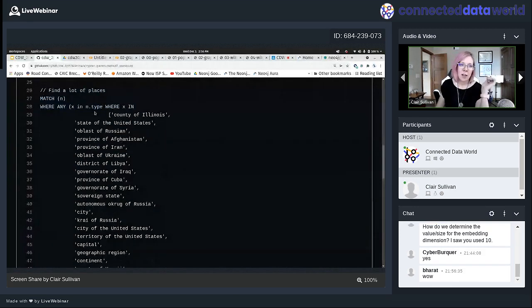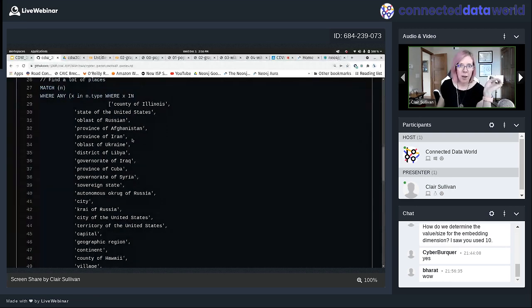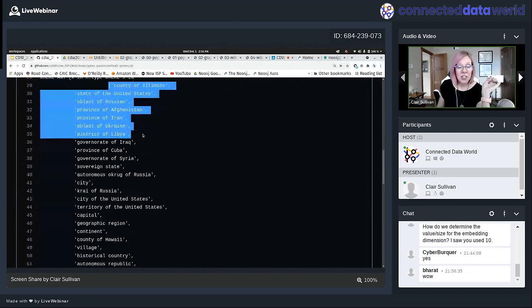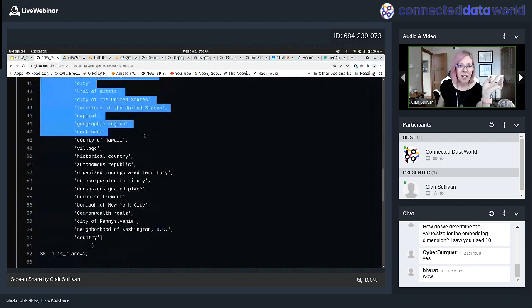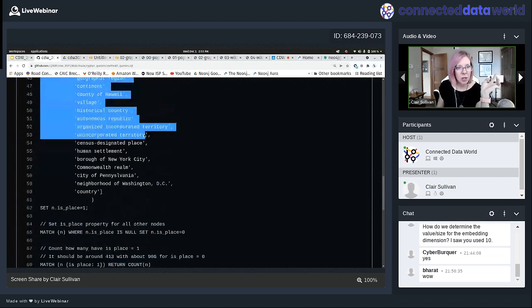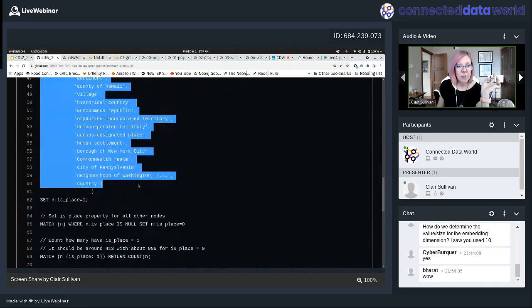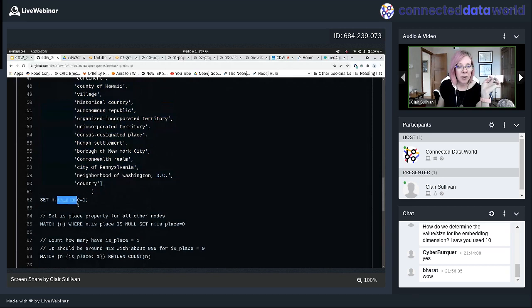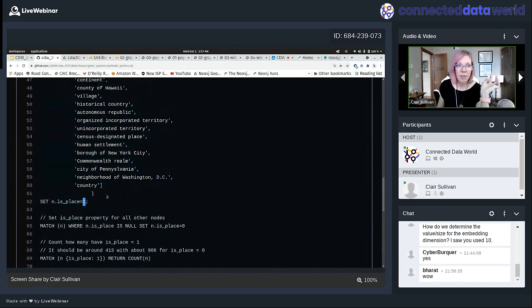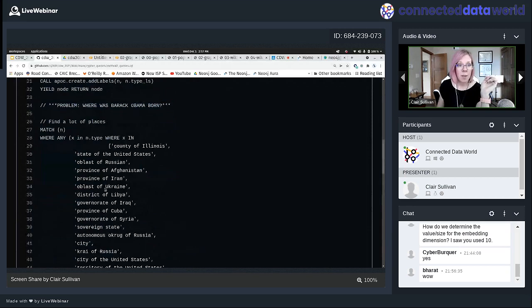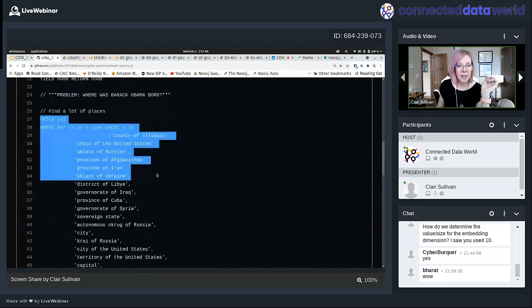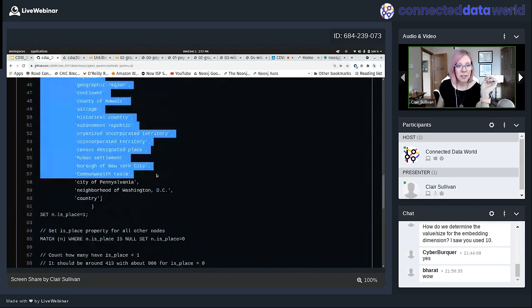Okay, and it's just a binary classification problem this time. So I'm going to get all my nodes, and I want my node type somewhere in this list. Now, this is a hand-curated list, I admit it, but I've got a whole bunch of labels that I discovered. I didn't even know what some of these were, but I discovered that they're all places. And for those, I'm going to set a property on my node called isPlace equals 1, very similar to what we did before. So we're going to copy lines 27 through 62.